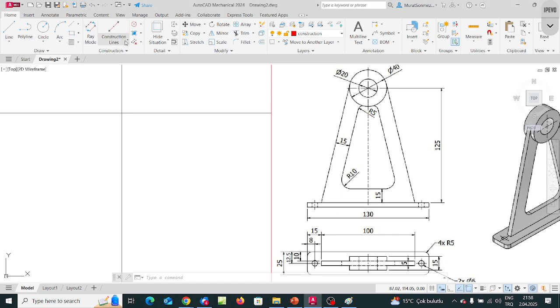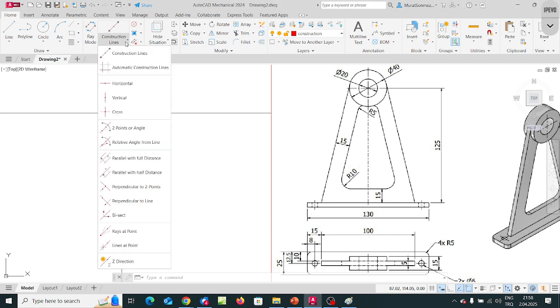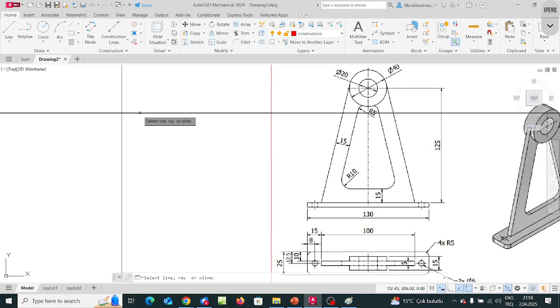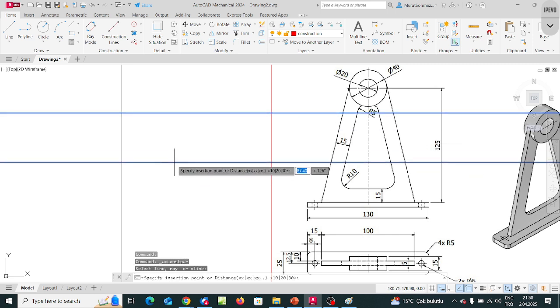To be able to mark the points with respect to the already created transfer lines, this is the option to select: parallel with full distance. Relative to the transfer line, it passes through the center of the circles. The location dimension for the transfer line that passes through point B, the distance is 125. Here is the reference, indicated with a click, and then into the box write the location dimension